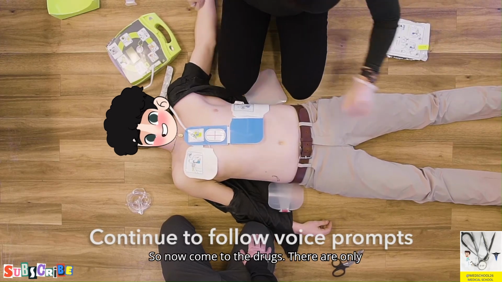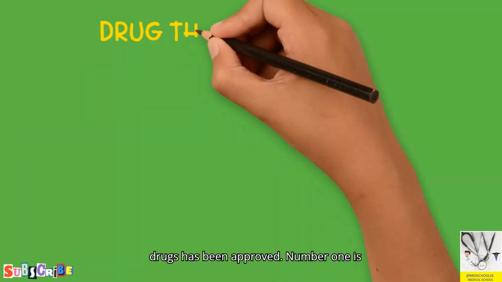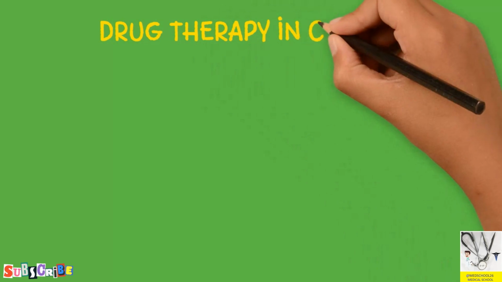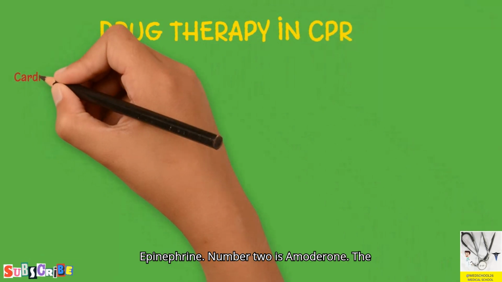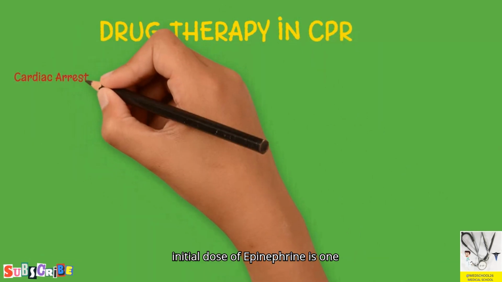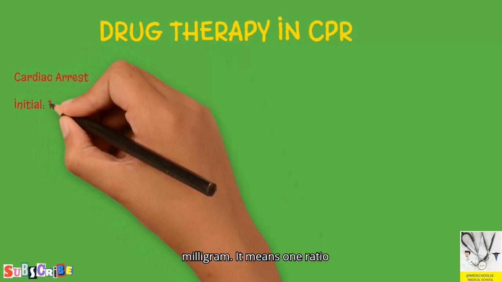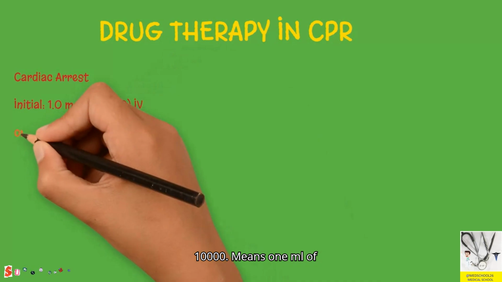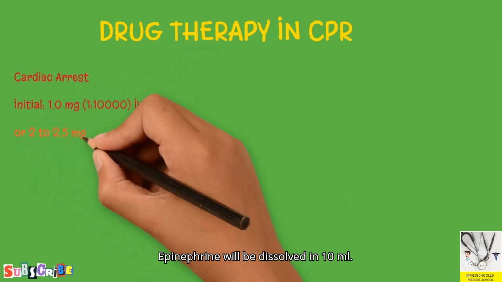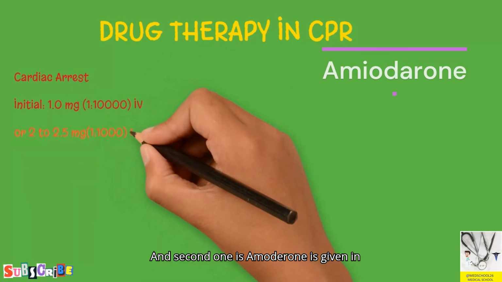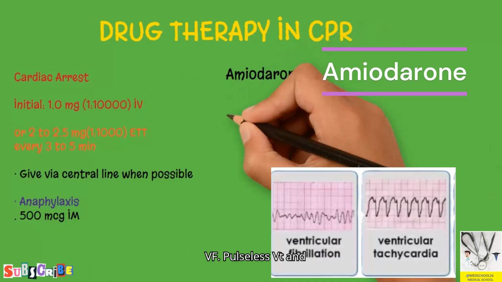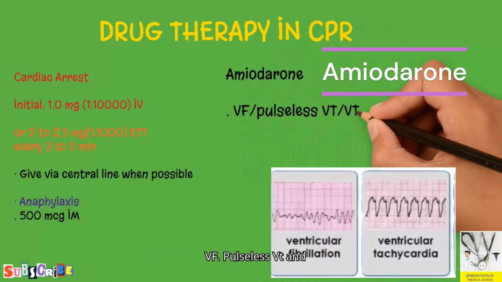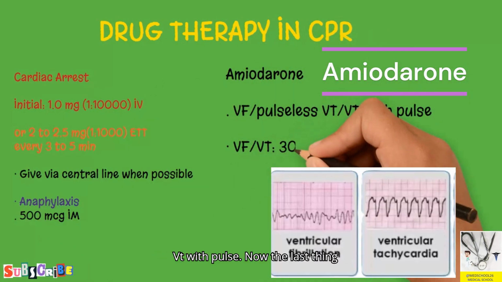So now come to the drugs. There are only two drugs that have been approved. Number one is epinephrine. Number two is amiodarone. The initial dose of epinephrine is 1 milligram. It means 1 in 10,000, means 1 ml of epinephrine will be dissolved in 10 ml. And the second one, amiodarone, is given in VF, pulseless VT, and VT with pulse. Now the last thing